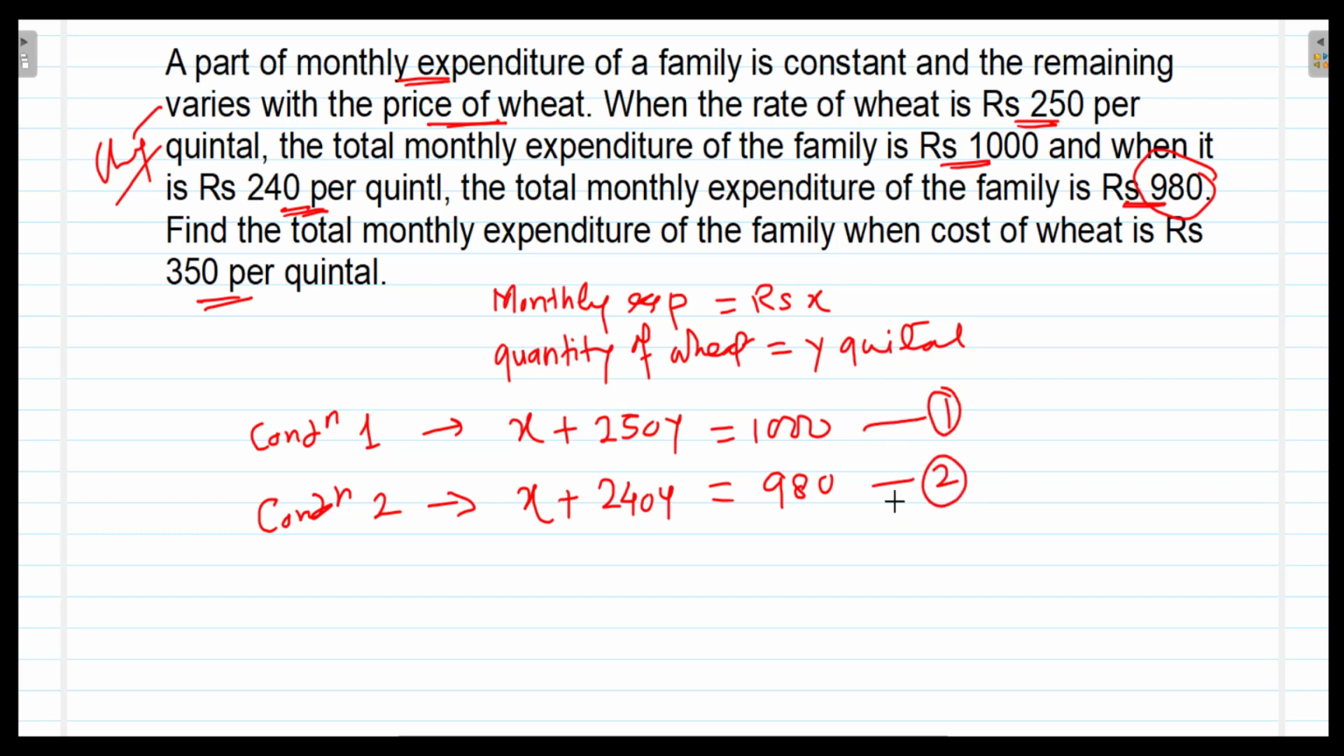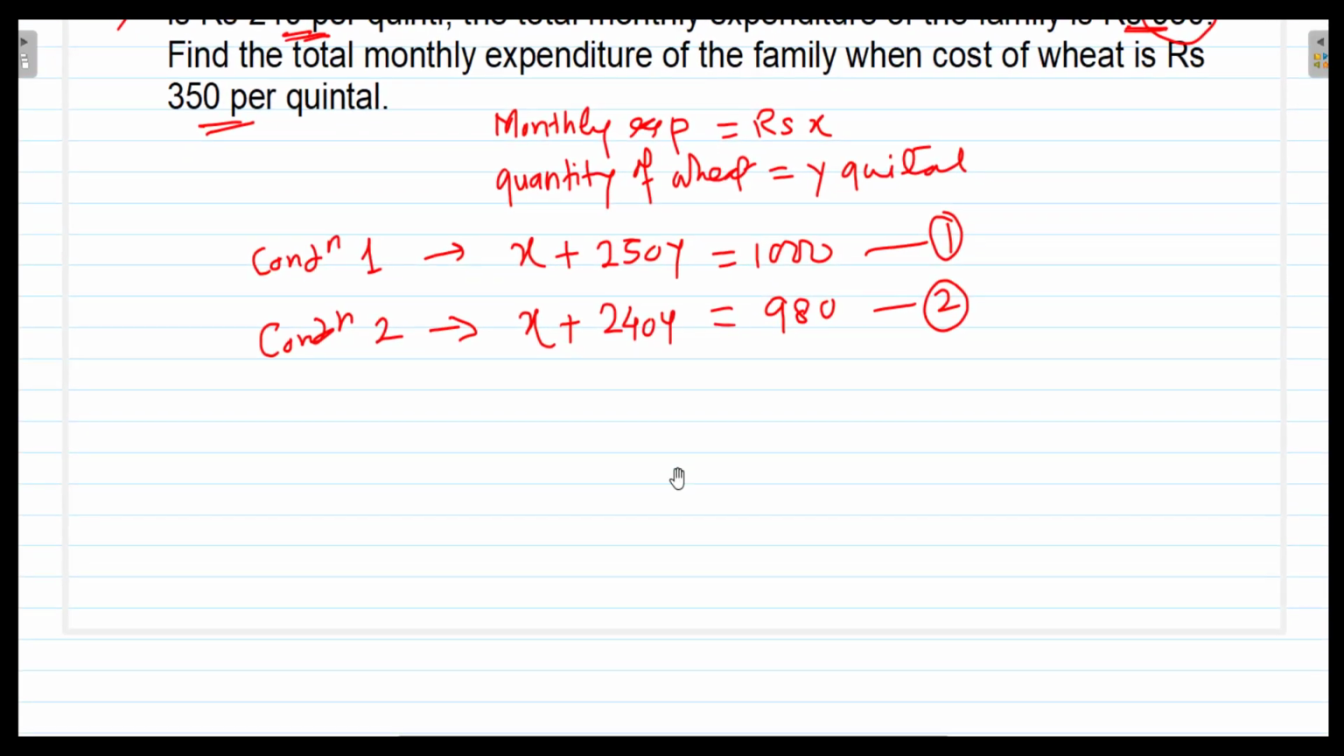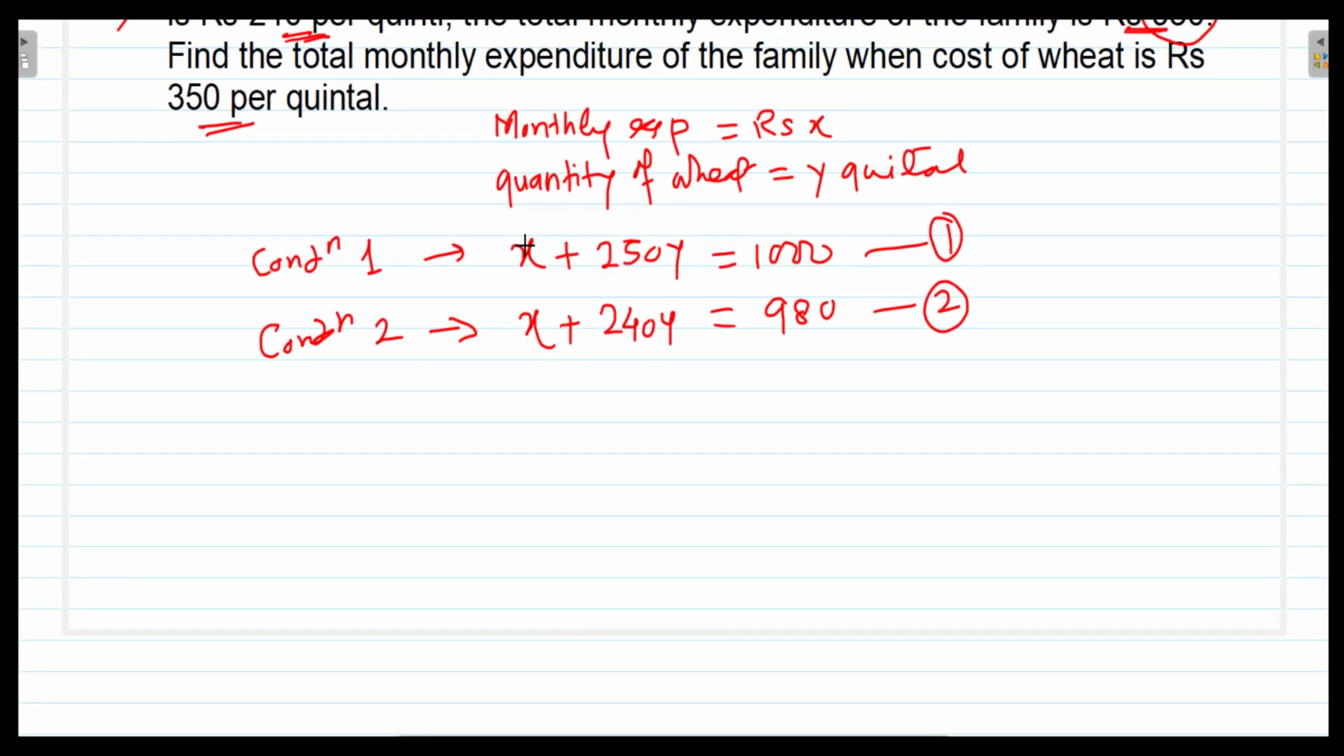So this is number 1 and this is number 2. Here X and X are there, both having plus sign. So when you subtract these two equations, the signs will change and X will get eliminated, and therefore we will get a linear equation in one variable. So subtracting equation 1 and 2, we get,